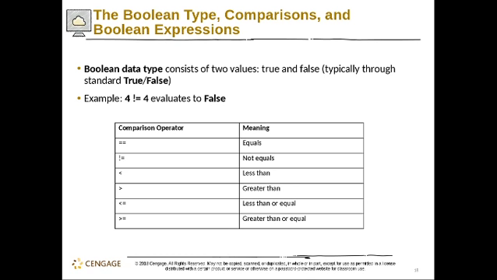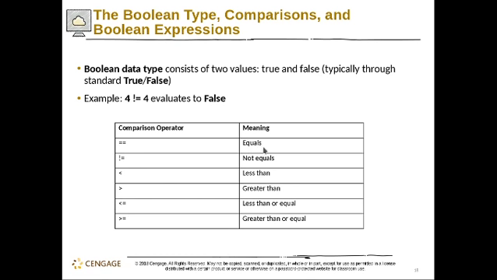So we have a Boolean data type consisting of two values, which are true and false. So basically this is the standard true or false statements. So how do we say that a statement is false? That is denoted by an exclamation point and an equal mark, which we just call not equal to. So these are some comparison operators, the Boolean operators and their meanings.